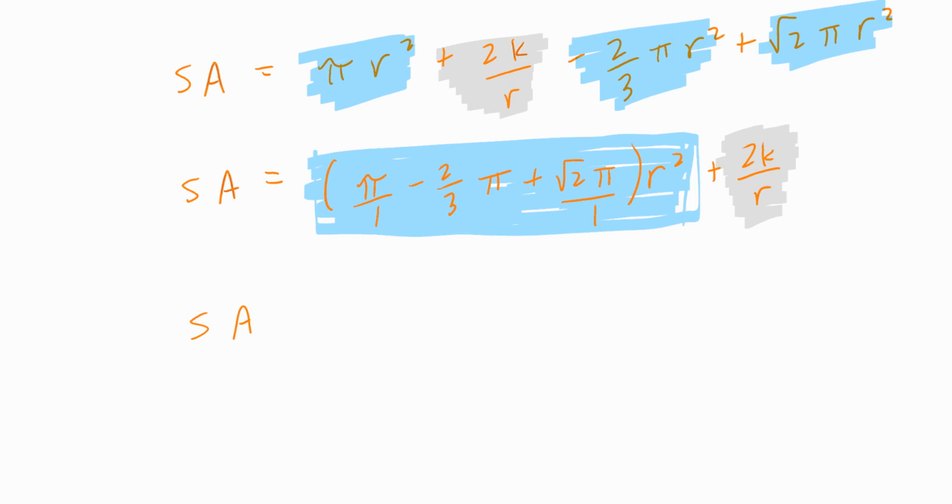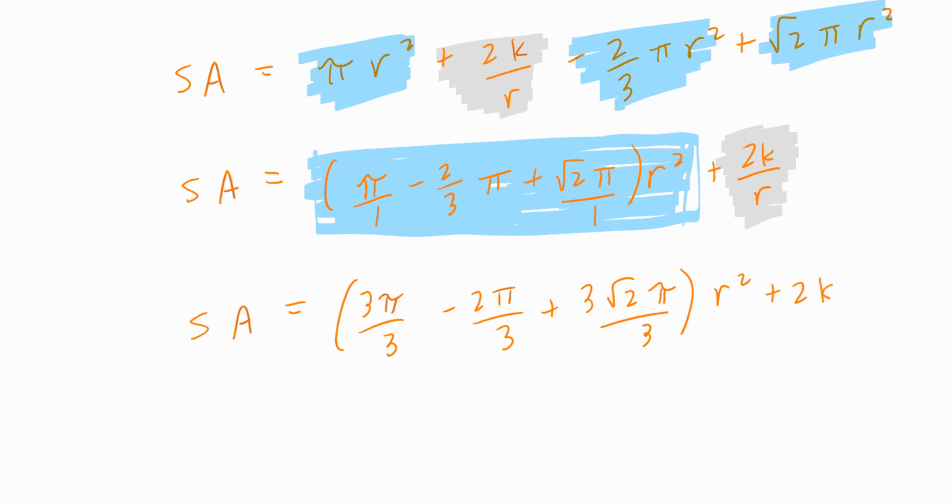So the surface area equals, I'm going to multiply the first fraction by 3 divided by 3. That's going to be 3 pi divided by 3. I copy the second part, minus 2 pi divided by 3, plus, again, I'm multiplying the top and the bottom by 3, 3 root 2 pi divided by 3, all in brackets, times r squared, plus 2k times r to